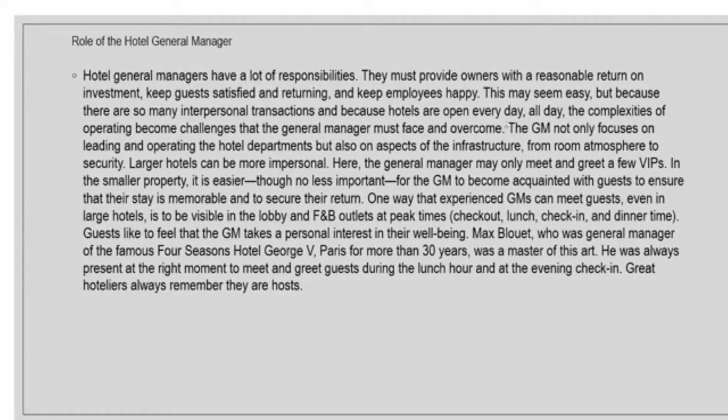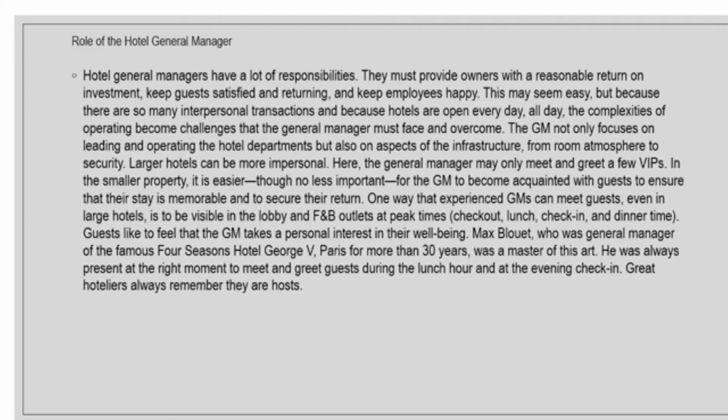So, ibig sabihin, kahit madali lang sabihin, pero mahirap gawin, di ba? Because there will be a lot of transactions. There will be a lot of loopholes, a lot of gaps, di ba? With everyday usage of the hotel. So, pag everyday kasi yung open yung hotel natin, ibig sabihin, yung tinatawag nating